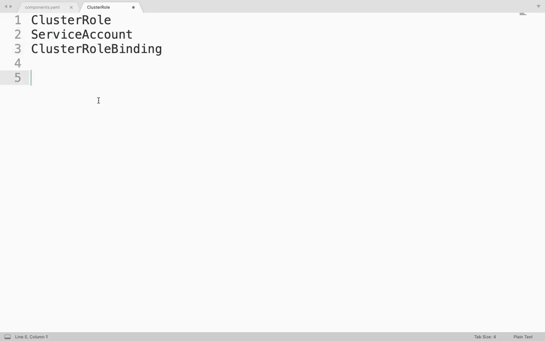Then we are using the service account with our deployment. When we are deploying that metric server, we are using that service account. So it's all about permissions, guys.